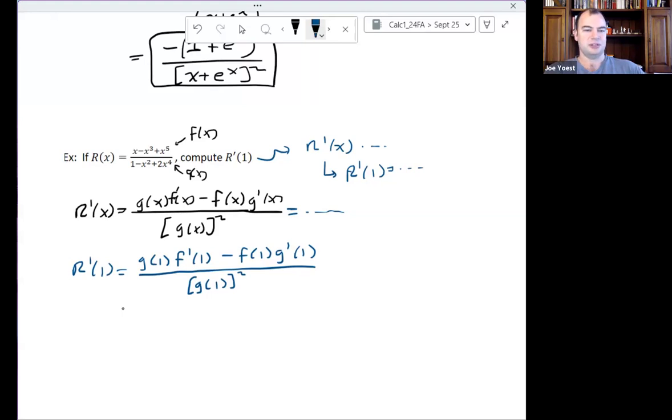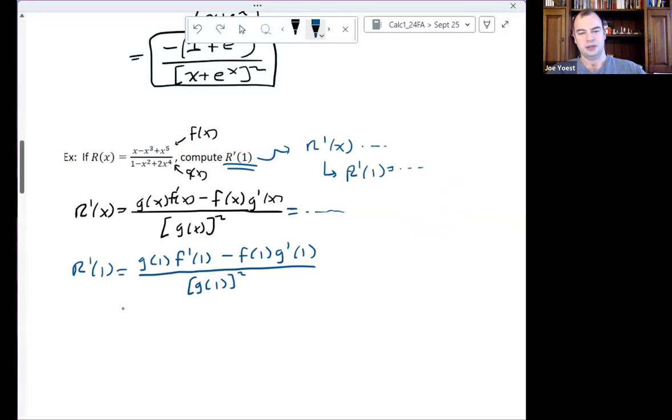But I could come off to the side and say, well, all that I really need, nobody asked for R prime of x. I was going to make that an intermediate part of the solution and then try to work my way back down the other side. Can I take a couple of smaller steps to get to the same place and save myself that bunch of